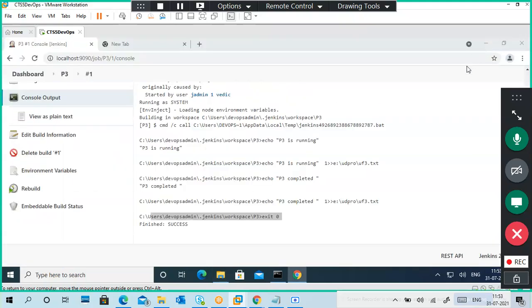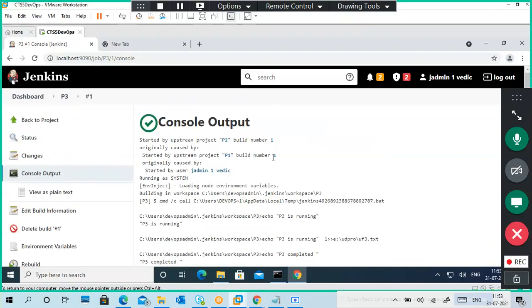So to each project I give a certain task. If this project is completed, go for the next one. And also we can create multiple branches, like P2 done, build P3, P4, P5. If P3 is done, build P6, P7, P8, like that also we can do it. So to help you understand that, I did this.